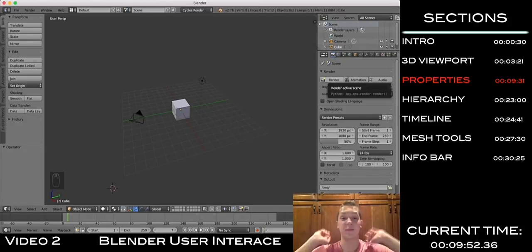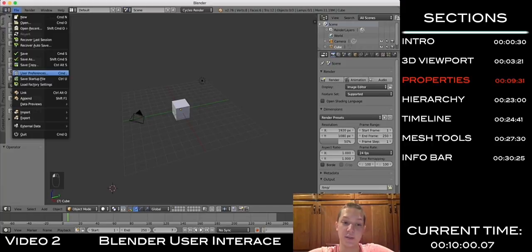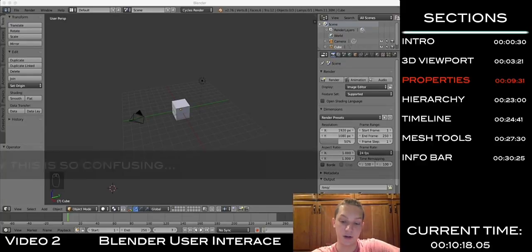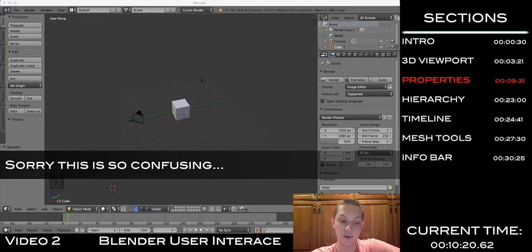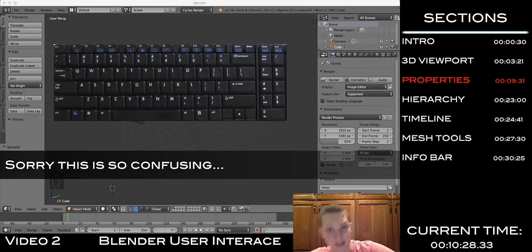Oh, I forgot about something important. Before we talk about the Properties tab, take your mouse, go up here to File, then click on User Preferences. Now, if you have a keyboard with a side number pad, like the 1, 2, 3, 4, 5, 6, 7, 8, 9, all in a box, then you're fine. If you have a laptop where your numbers are above the top row of letters, if your numbers look like this, if you have this kind of keyboard compared to this kind of keyboard,